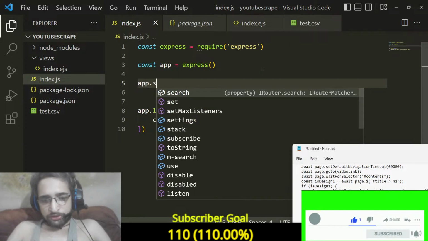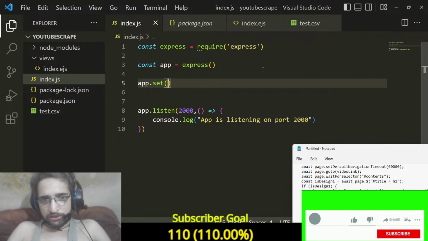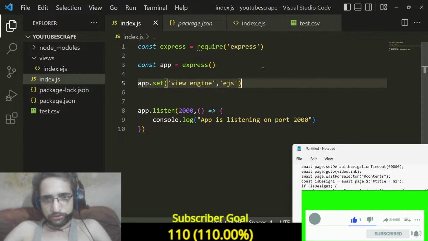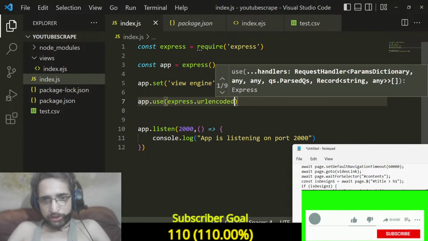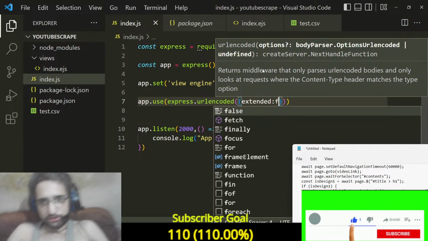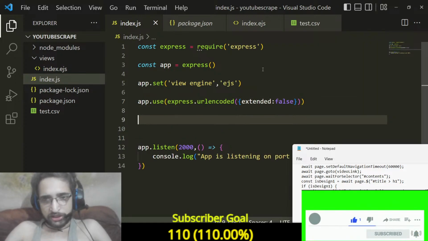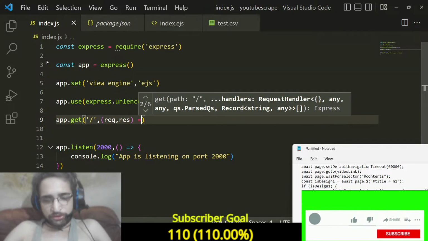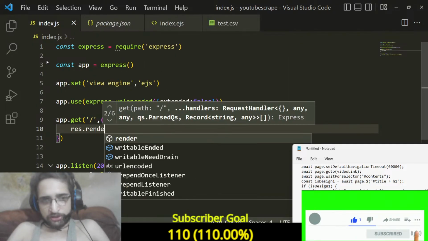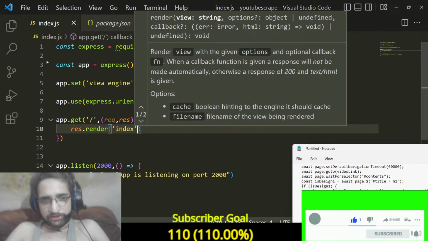We will also set the view engine, guys. In this case, the view engine will be EJS. And also we will say URL encoded extended to false. This middleware is needed, which is the body parser middleware. So now we will open the home page. Basically, we just need to show the form. So in this case, we will render out the index template,